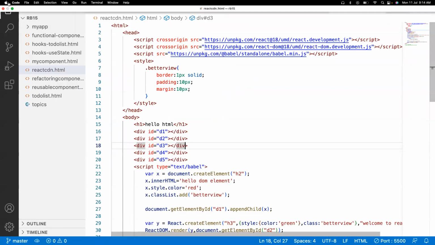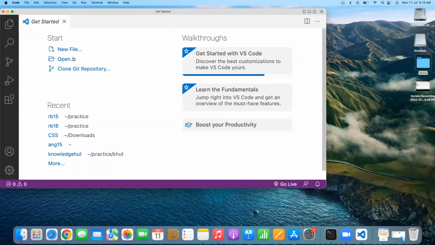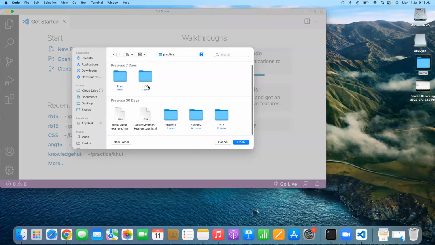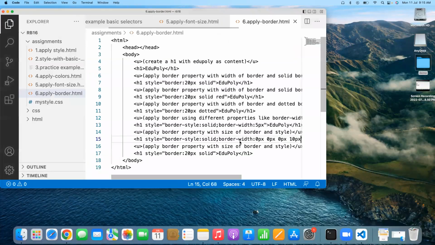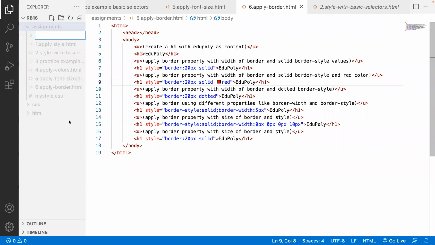So I just close it. 1 second. Because I'll open a folder. Already we have created a folder for us in the Visual Studio Code. In this place, I'll create one folder called JS, and enter. I have created a folder called JS. Inside this folder, I'll create a file called